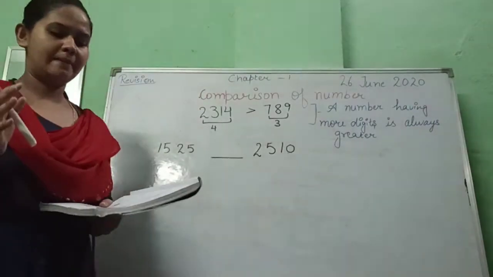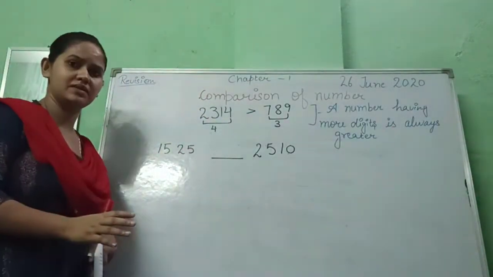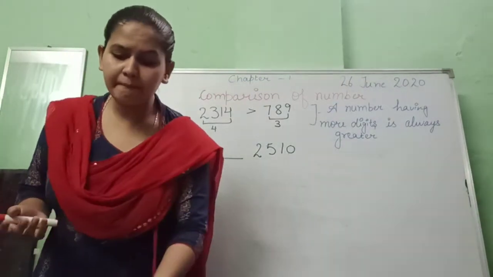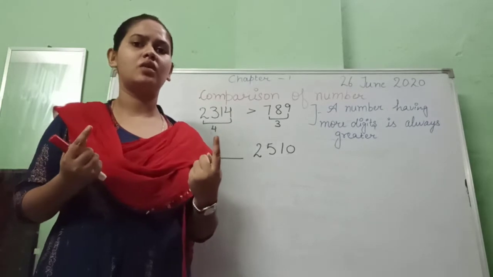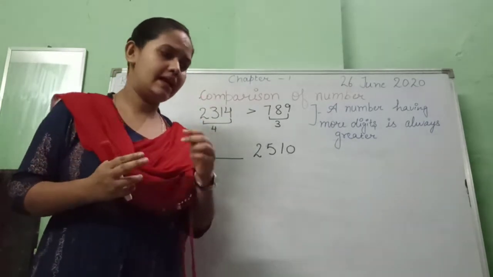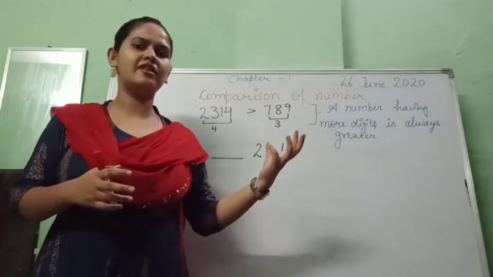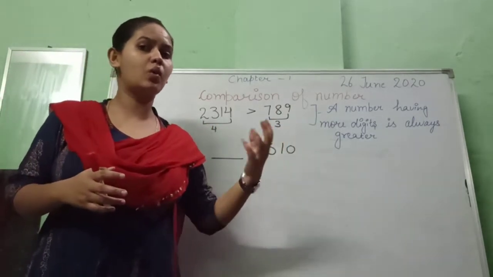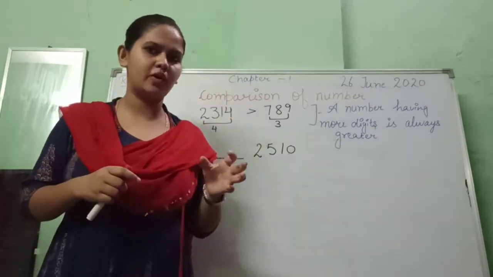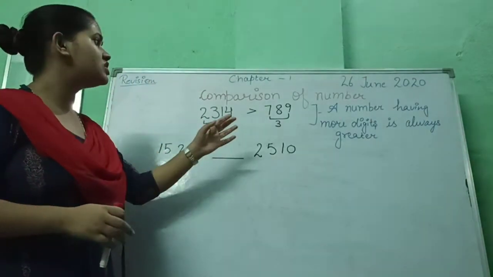Okay, comparison of numbers. Now we are going to discuss the comparison of numbers. Okay, comparison between what? When we compare two persons, there are always 2 or 3 persons when we compare, right? If there is a smartest person or a weaker person, we always count the good one, right? Because they have the strongest point. And just like that, in digits we can see the comparison of numbers.